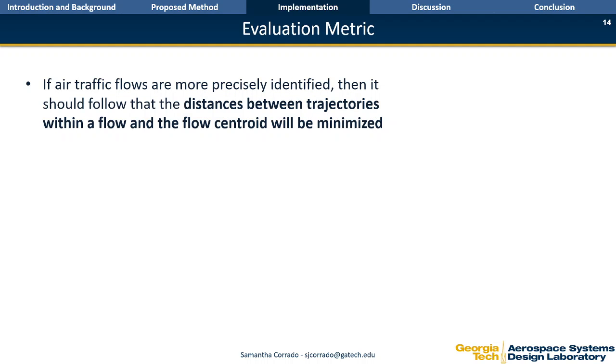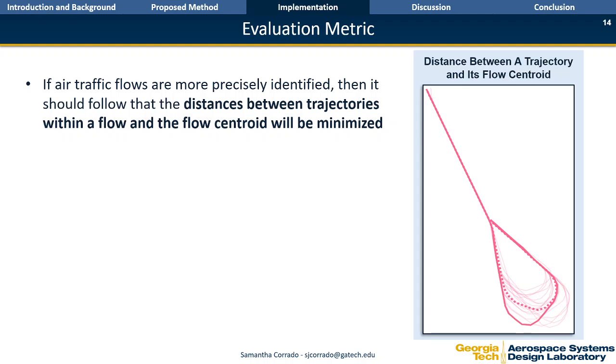To evaluate and compare the results, it's considered that if air traffic flows are more precisely identified, then it should follow that the distances between trajectories within a flow and the flow centroid will be minimized. To provide an example of the distance between a trajectory and its flow centroid, consider this flow. The centroid is represented by the dotted line, and the trajectory in the flow that's considered is a solid pink line. At any specified point along the trajectory, the distance between the trajectory and its centroid may be computed. Then, the distance computed at all trajectory points is averaged